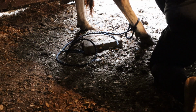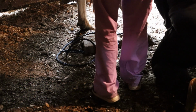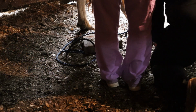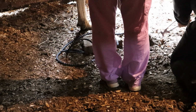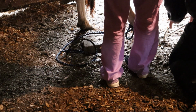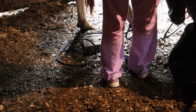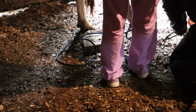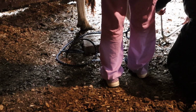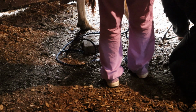Do you have concrete or anything hard in her enclosure, or rocks or anything? Like where we keep her? Yeah, where she walks. No. So you may just want to, that kind of thing will help grind these down a little bit. Okay. So she may not need it done as often. It's not the end of the world if we don't. We can definitely trim them, and we'll obviously do it before they're quite as long as they are, I would say. Yeah, they were very long when